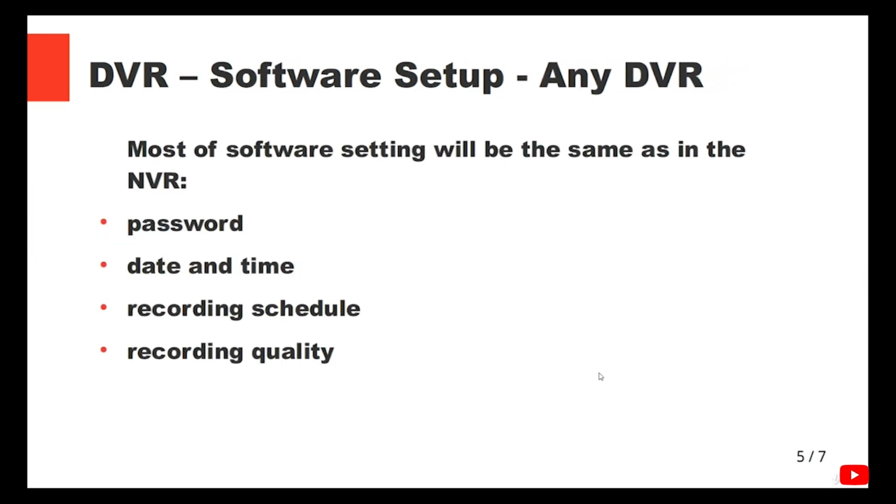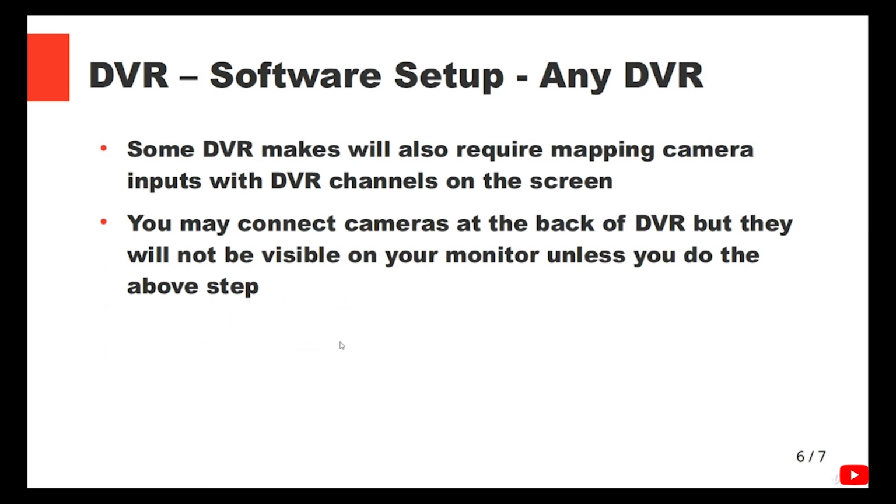As for the software setup, you do exactly the same steps again as for the NVR. So you have to set up password, date and time, recording schedule, and recording quality. You don't have to do anything further for the initial setup. But there are some DVRs which also require mapping camera inputs to DVR channels on the screen. It is definitely the case with Hikvision. You can connect all those cameras in the back and you will basically see nothing on your monitor unless you go to a certain menu position and assign the input from the camera on the back